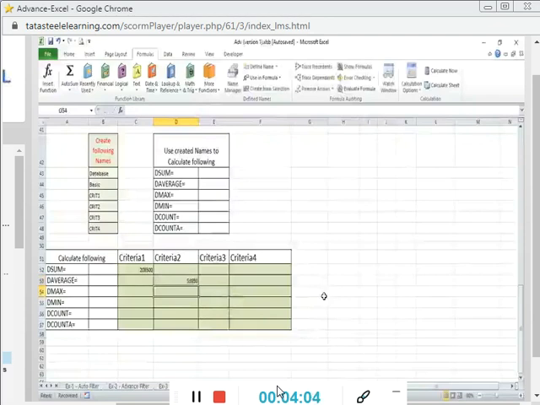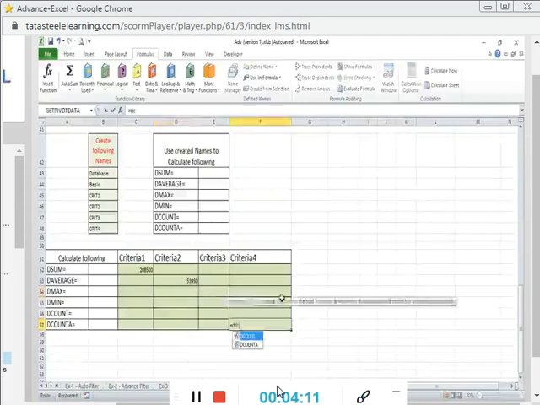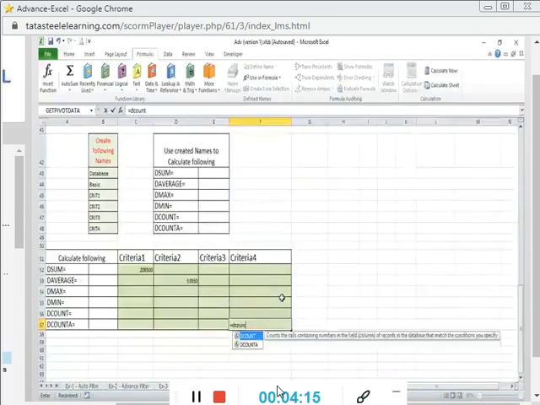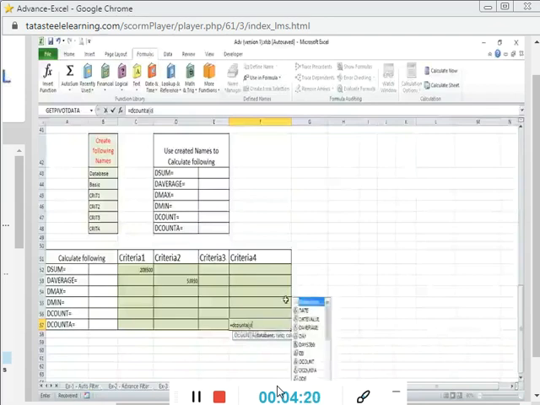The result is ready. Now we will calculate D counter. So we will write D counter out here. Open the bracket. Then database will be the same, database 1, comma.